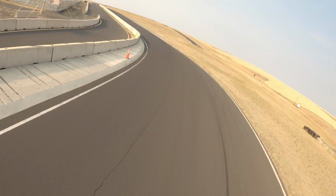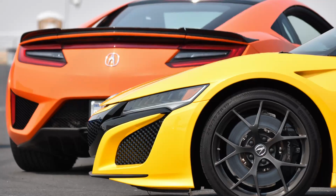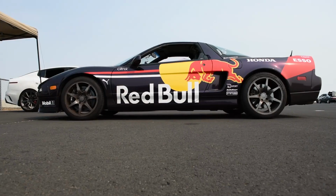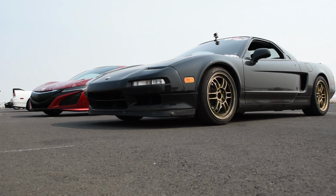This information is from our visit in 2021 as part of NS Expo. We visited ORP as part of NS Expo, and the event was facilitated by the NSX Club of America. The organizing committee did a great job, but assuming you're interested in more regular hosts with which to drive or ride the track, your options include, but may not be limited to,